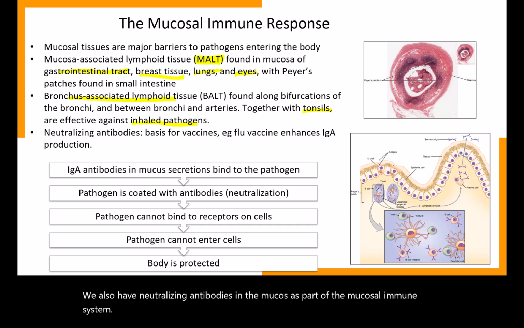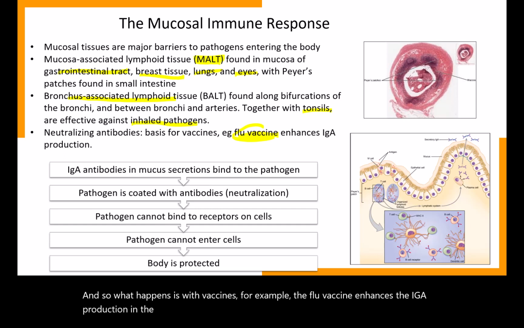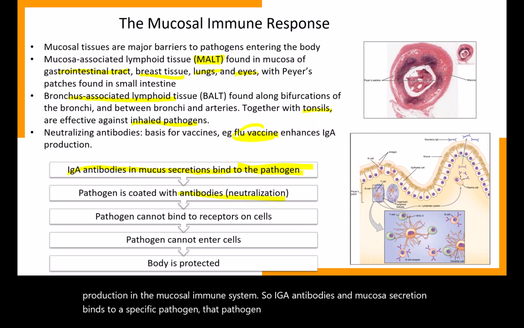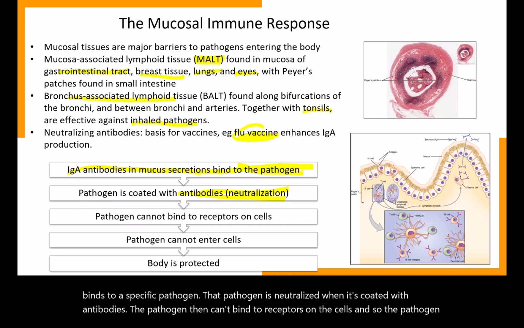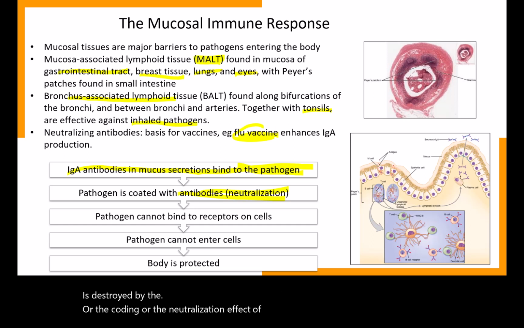With vaccines, for example, the flu vaccine enhances IgA production in the mucosal immune system. IgA antibodies in mucosal secretions bind to a specific pathogen. That pathogen is neutralized when it's coated with antibodies. The pathogen then can't bind to receptors on the cells, and so the pathogen is inactivated. So the killing or toxic effects of the pathogen are destroyed by the opsonization, or the coating, or the neutralization effect of the antibodies. All right, so